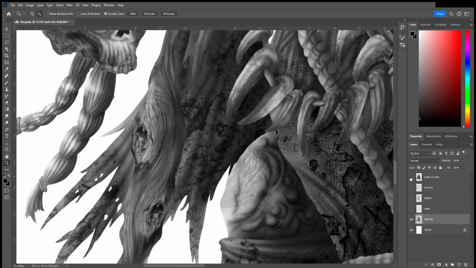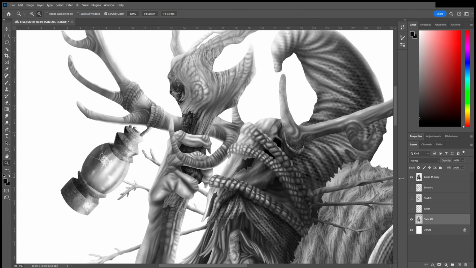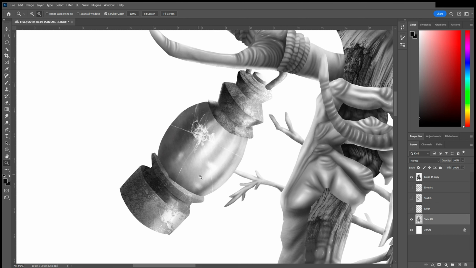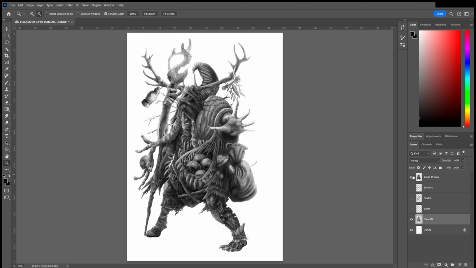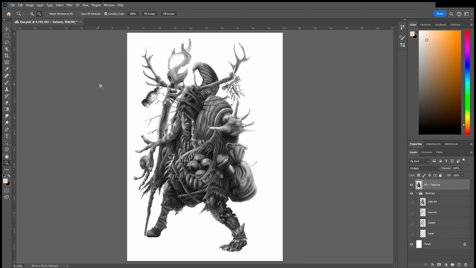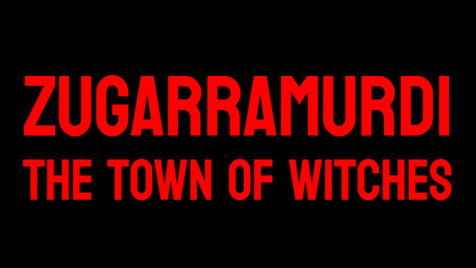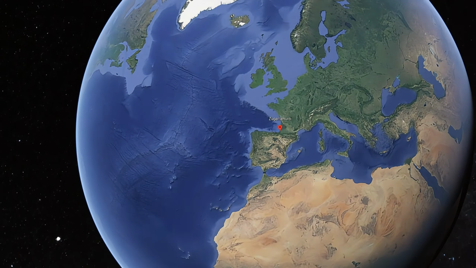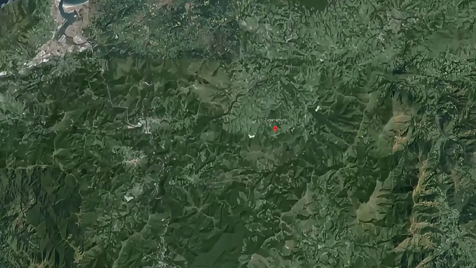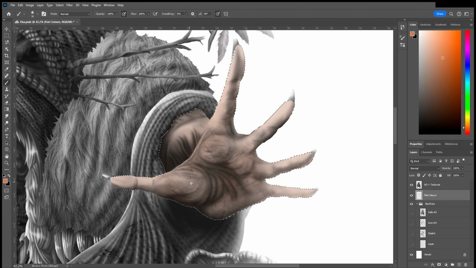Speaking of the hat, the inspiration for the character's hat shape comes from those lithographs from the 17th century during the Spanish Inquisition, typically associated with a period of witch hunting that depicted women who maintained a close relationship with demonic rituals and witchcraft gatherings. Specifically, those lithographs were from Zugarramurdi, a small village in northern Spain with a famous historical reputation for witchcraft activity, which along with Salem or New Orleans in the United States make up the places on planet Earth with real